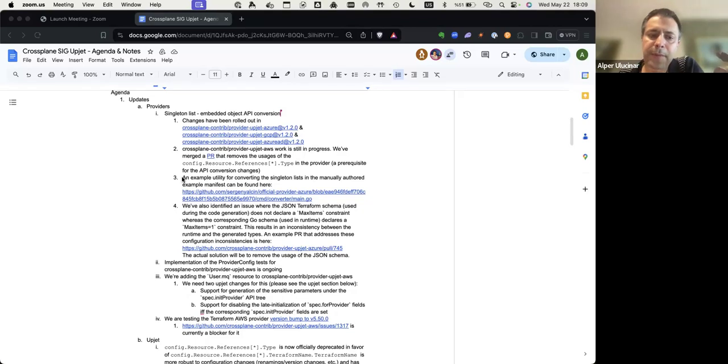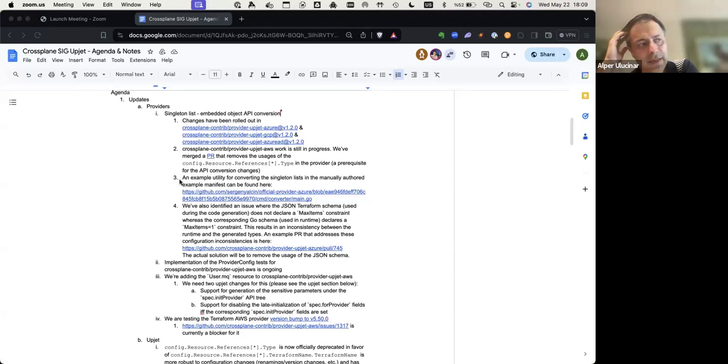When doing so, in the official provider repository, we maintain a bunch of example manifests. These example manifests are used for testing the resources, as well as being published in the Upbound marketplace, so that you have an example of how to use these managed resources. But since these are manually maintained, we needed a utility to convert these manually authored example manifests in the context of this singleton list to embedded object conversion.